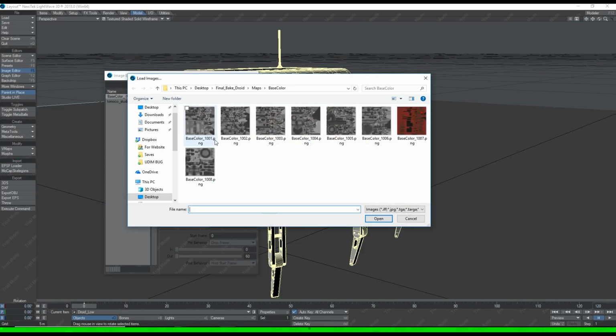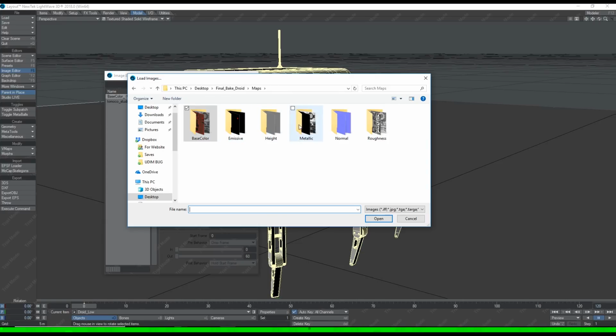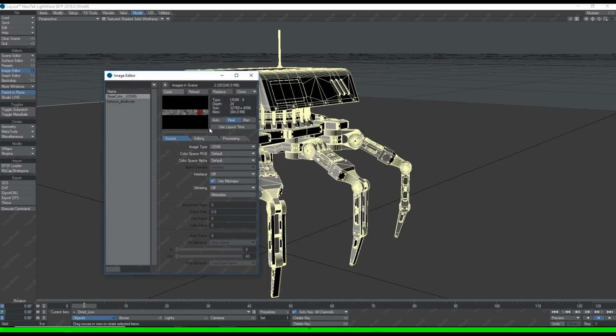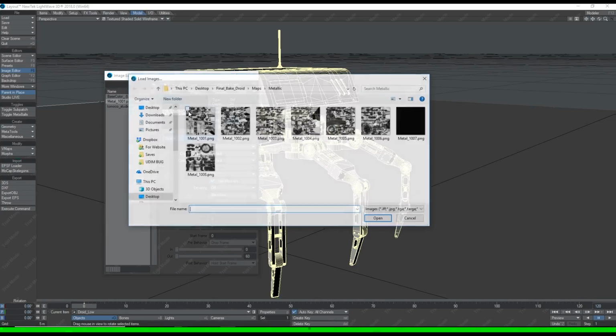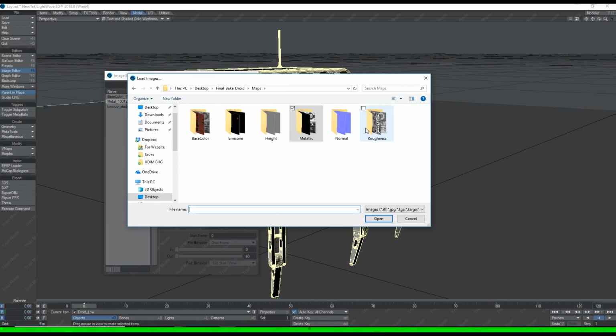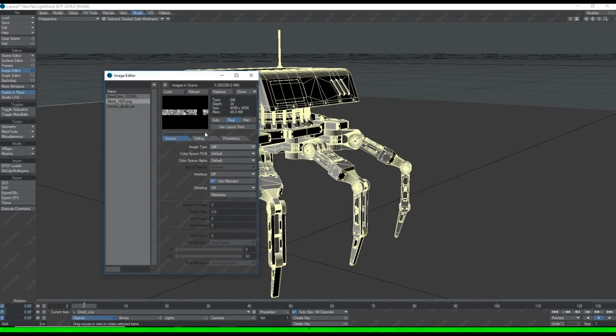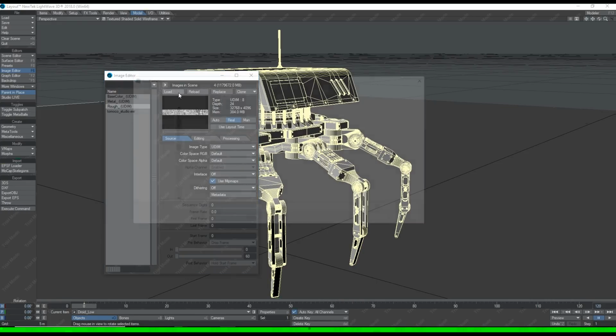So let's go ahead and load our other ones in. So I'm going to go ahead and load the metallic in, and again we'll change that to UDIM. Okay, and then we'll go ahead and load in the roughness. Change that to UDIM. And what else do I have here? I have